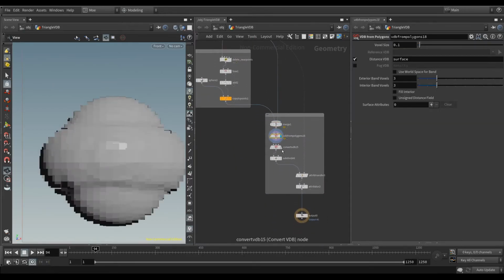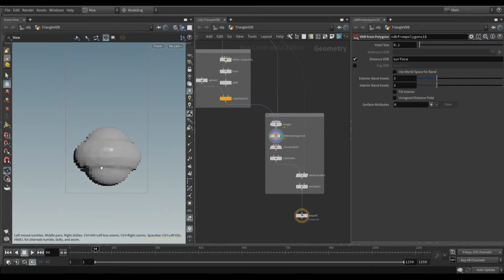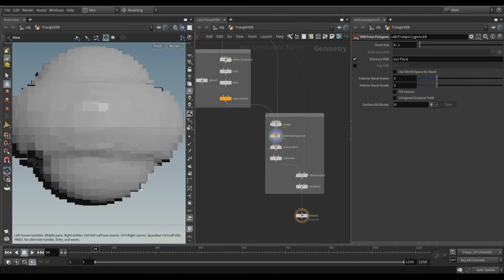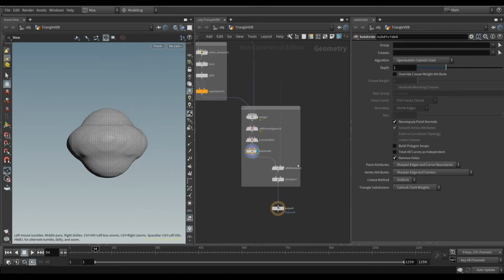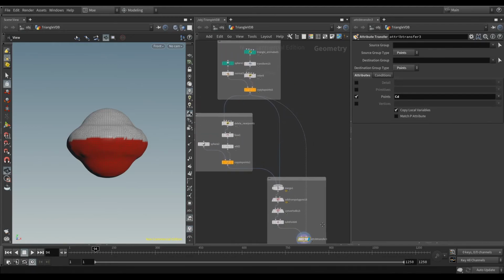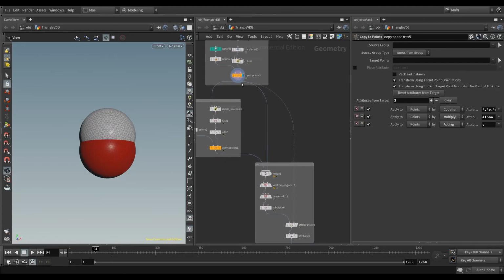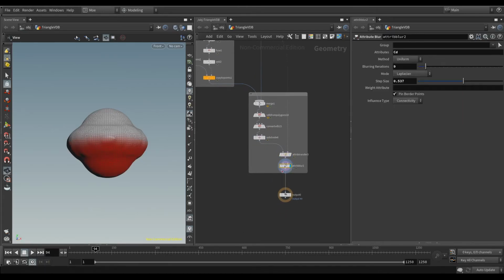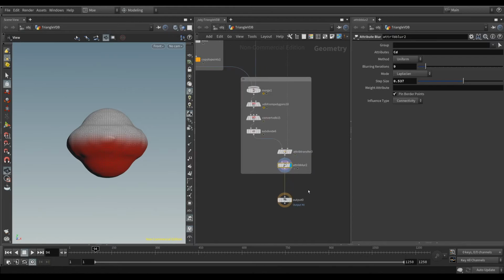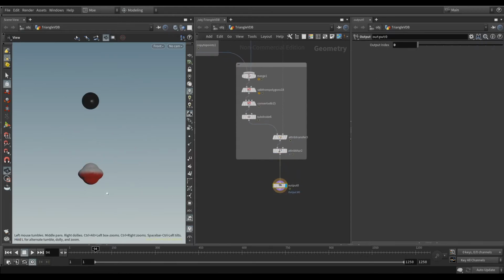Now all we need to do is VDB, and they'll turn into voxels, so you could see the aliasing. Now back to polygons. Subdivide, and with this we can bring back the color attributes from this to these, and blur the color attribute, blur, and there we go. We got ourselves this weird movement